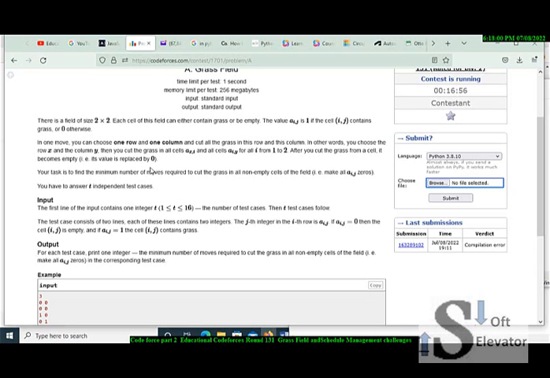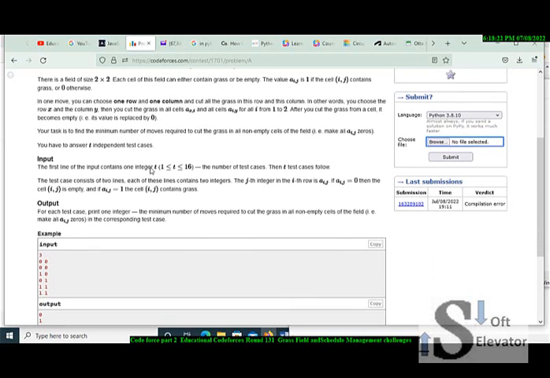There is a field of size 2 by 2. Each cell of this field can either contain grass or be empty. The value a of i, j equals 1 if the cell i, j contains grass, or 0 otherwise. So, inputs. The first line of the inputs contains one integer, which is t, where t is greater than 1 and less